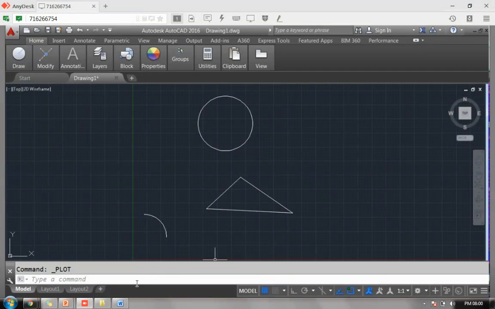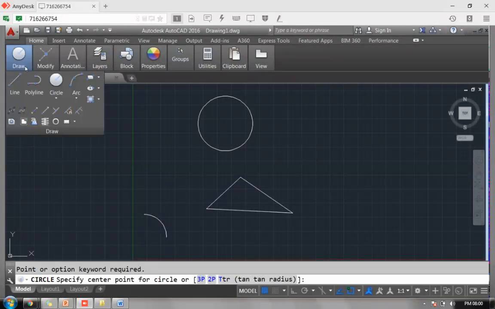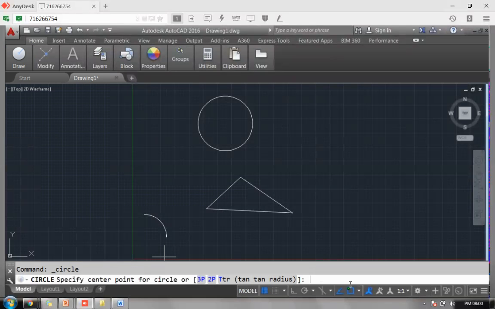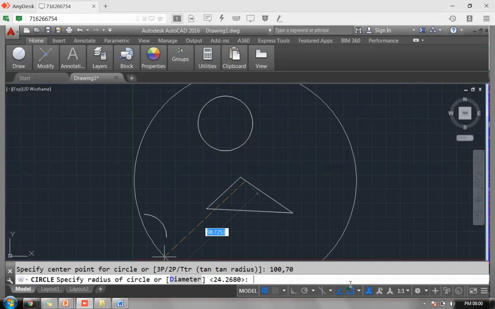So what is the undo command? Suppose I draw something. If I say circle, I specify something like a center point. I specify some points, 100 comma 70, and I draw some radius.